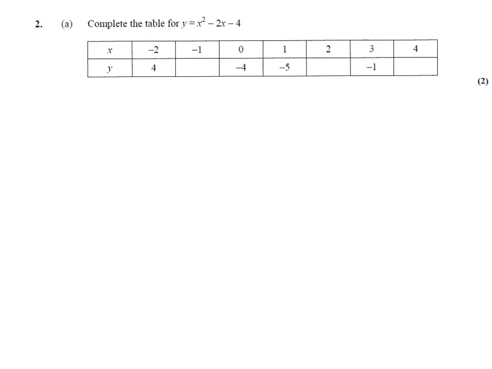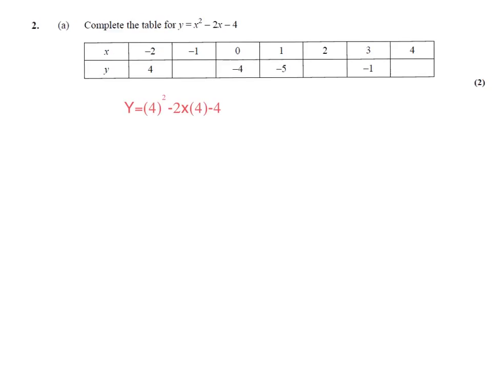Just a bit of advice. My advice is whatever we substitute in for x, just put it in brackets. It'll just make life so much easier when dealing with negatives, and I can explain why in the future. So that looks like y equals brackets -1 squared minus 2 times -1 minus another 4. So if we plug that in our calculator, you would get